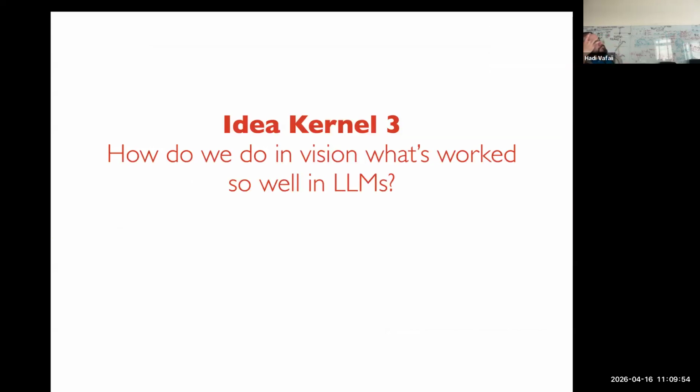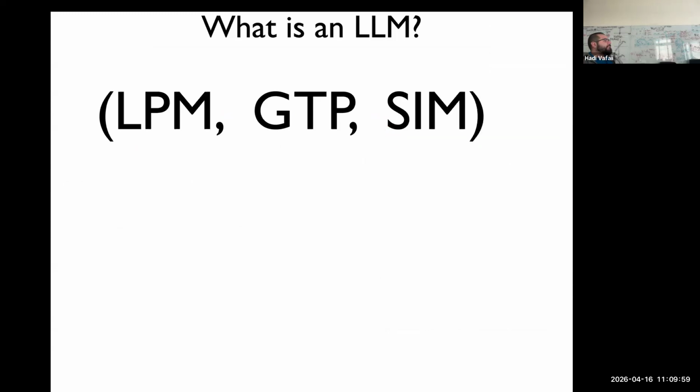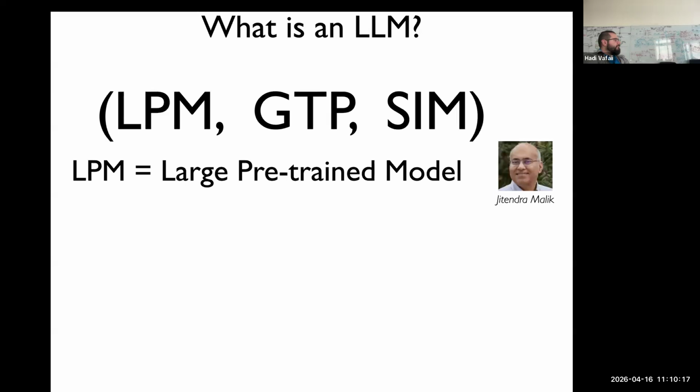Right, and then finally, I'll give you a totally different kernel, which is what's happening in LLMs, which is very instructive and interesting. So let's talk about LLMs for a second. What is an LLM? Okay, so an LLM, I'm going to tell you, and this is probably very clarifying, is these three weird acronyms in my view. This is my personal idiosyncratic way of thinking about LLMs, which is, okay, firstly, they have a large pre-trained model. That's the term for the base model that my colleague here likes to call them. So for example, GPT-3 is a pretty good next word predictor. That's a base large pre-trained model.